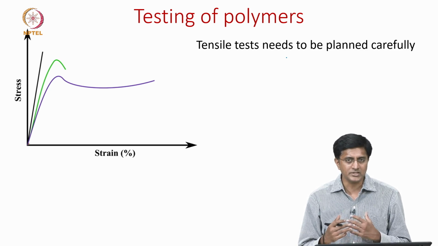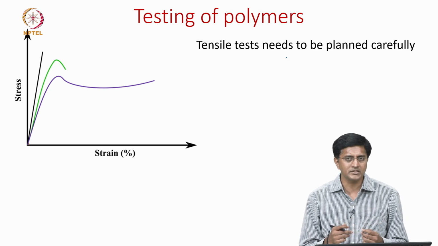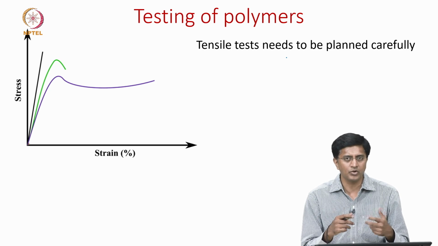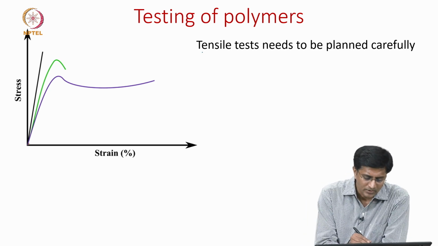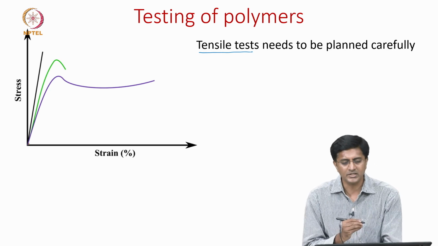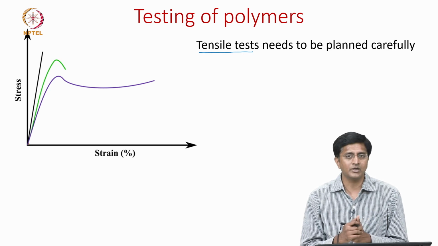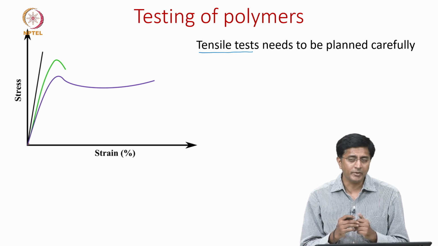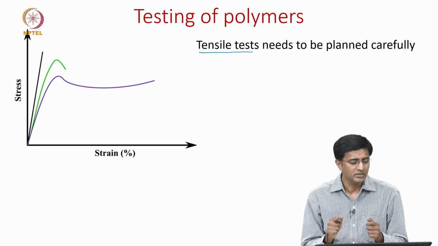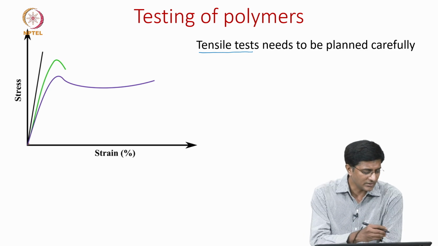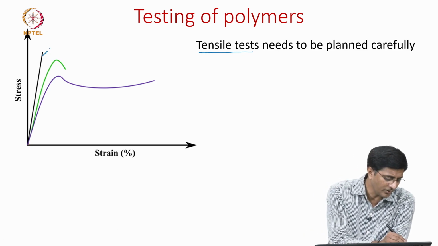So, if we test metals, usually we use either a tension test or a compression test, but mostly uniaxial tests. Let us say we do this tensile test. When it comes to polymers, it should be done or planned very carefully. The reason is that depending on how fast or how slow we are loading the specimen, the behavior in polymers can change. So, as we can see here, we have this brittle behavior,